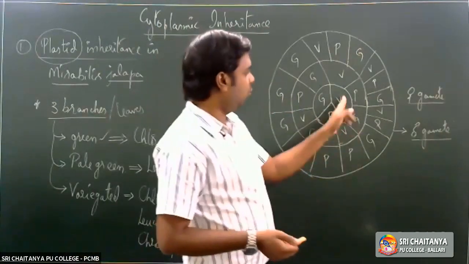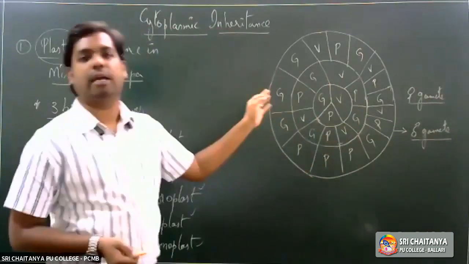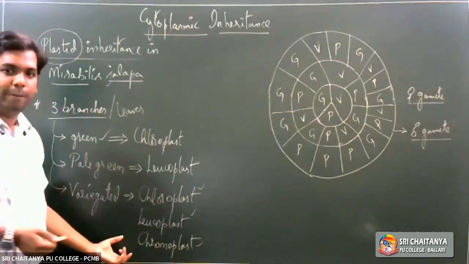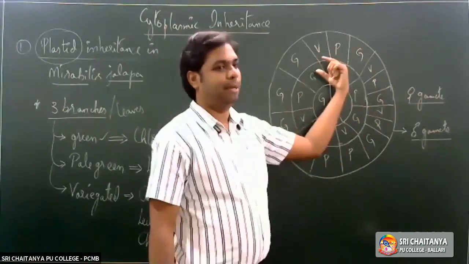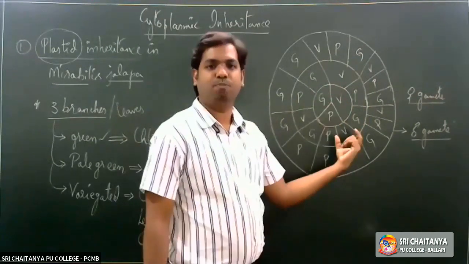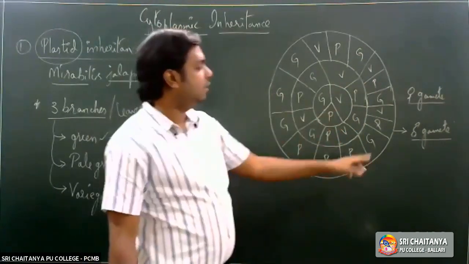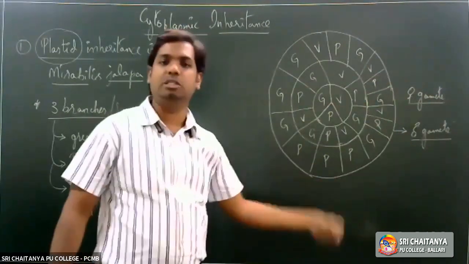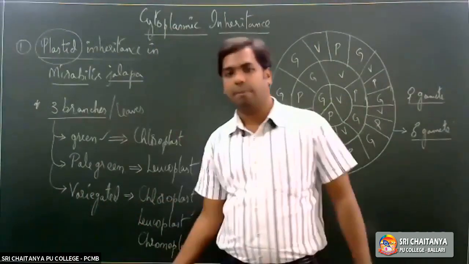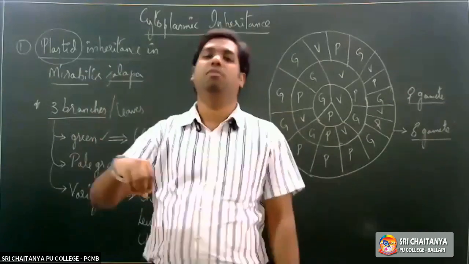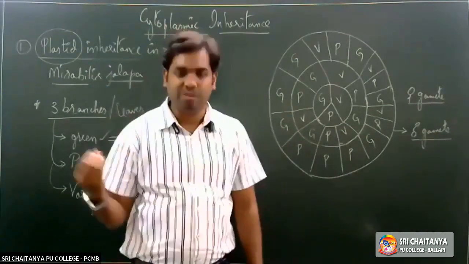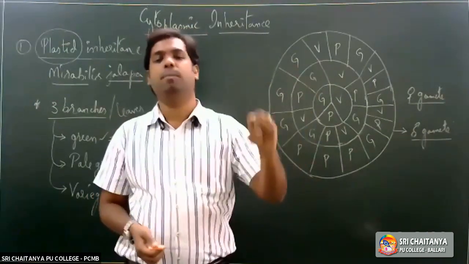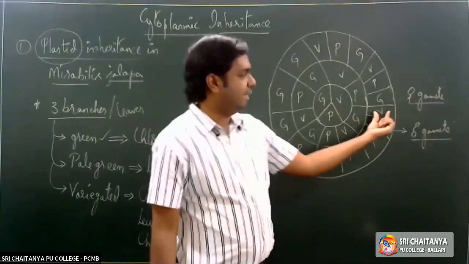In the third condition, variegated. When we say variegated, there are three different types of plastids present: chloroplast, leucoplast, and chromoplast. So, when any male gamete fertilizes this variegated female gamete, three different possibilities are seen. Either the offspring would have green leaves, or pale green leaves, or variegated leaves. Now, why is this seen here? Since all three plastids are present, whichever goes in maximum concentration, that type of plastid will be expressed, and that type of branches or leaves would be seen in the offspring. So if all three go in equal proportions, the offspring would again be variegated.